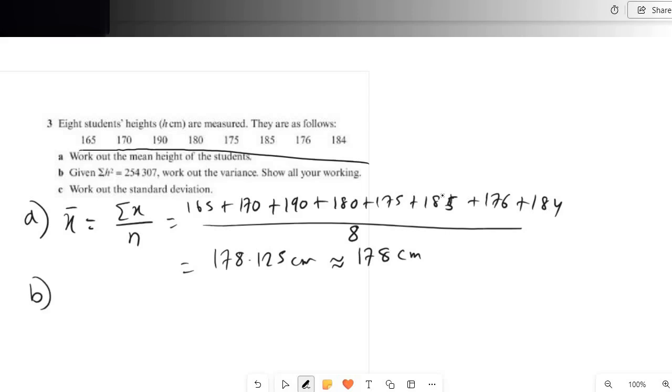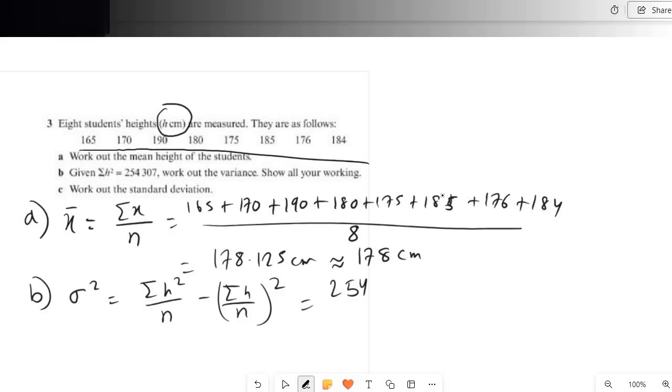For part B, it's given that summation of h squared is 254307, so we have to work out the variance. If you remember, the formula for variance, which is sigma squared, is equal to summation of h squared divided by n minus (summation of h divided by n) whole square. In this case, we are using h because this is the height in h. You can also use x here, just like I did, to denote the heights, and this gives us